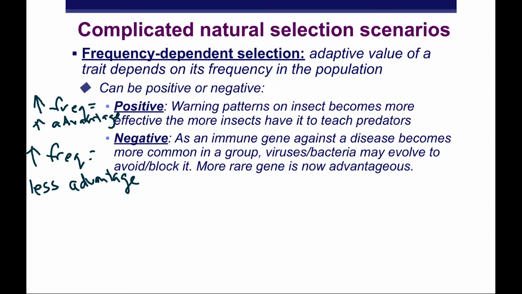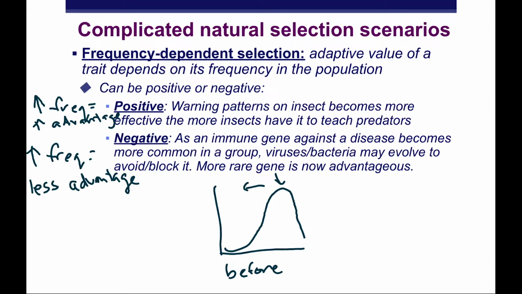So in this case, high frequency dependent traits are actually less of an advantage or going to be more dangerous. And that will create scenarios where the organism will flip-flop a lot between the traits. Okay? So think of it sort of like directional selection, but it's moving back and forth. So in this case, you might have a scenario before where everyone's like that. They're more at the extreme end, one extreme end, but as this becomes less of an advantage, it will shift the other way so that in the next case over here, later,